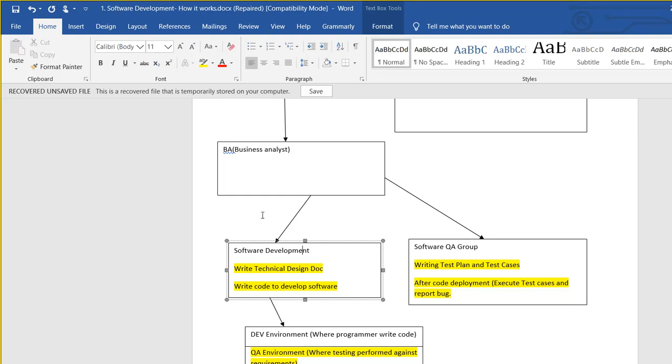When the software developers have developed a certain portion of the software, they will give this piece of software to you to test. Now, there will be clear information in the release note. When they give you this piece of software, they will say, we have developed these features.